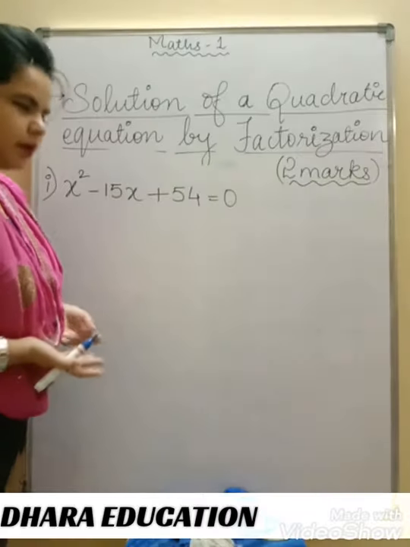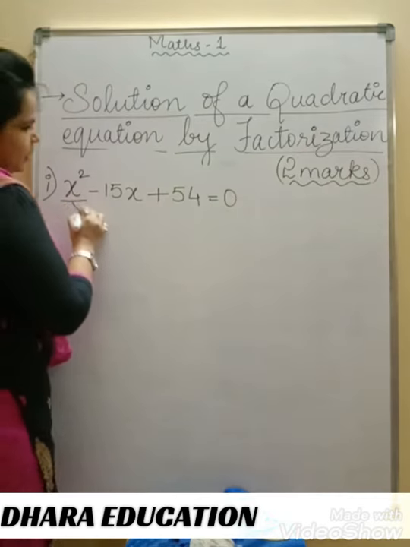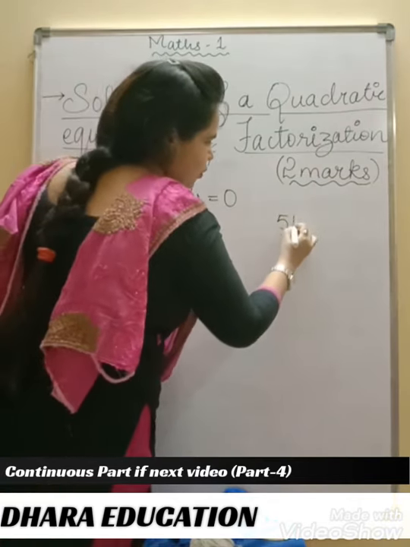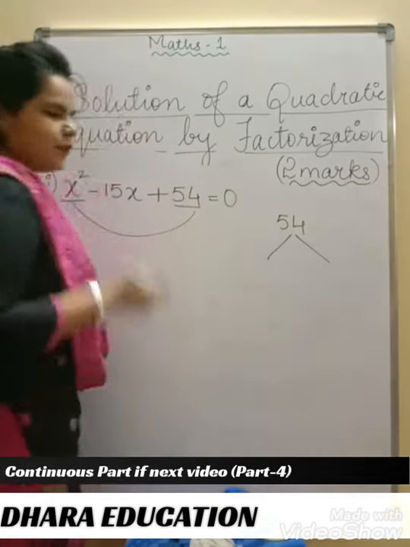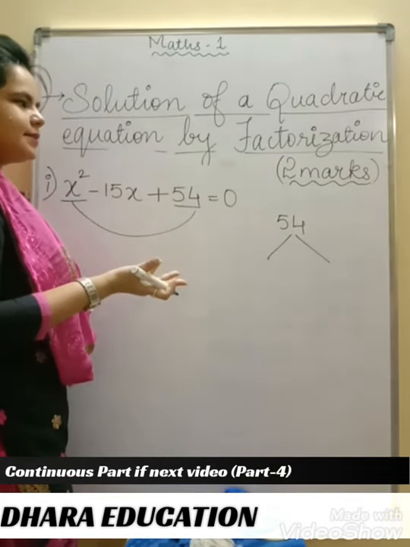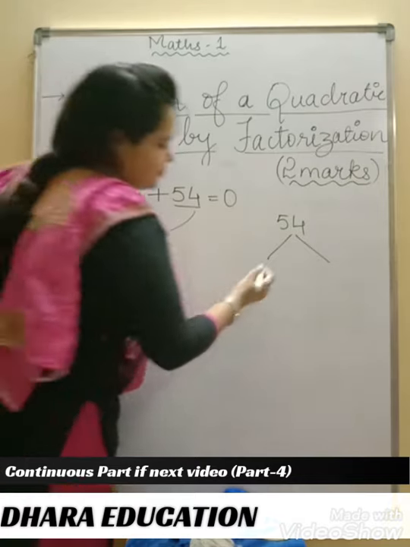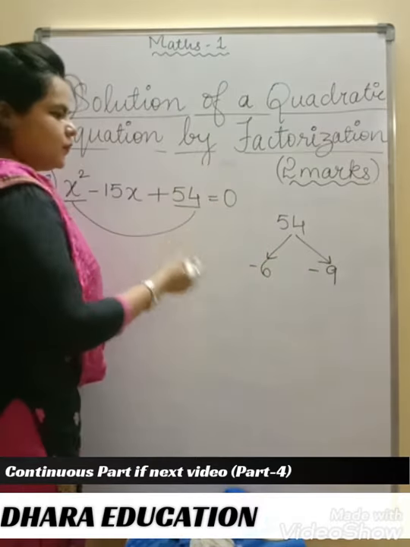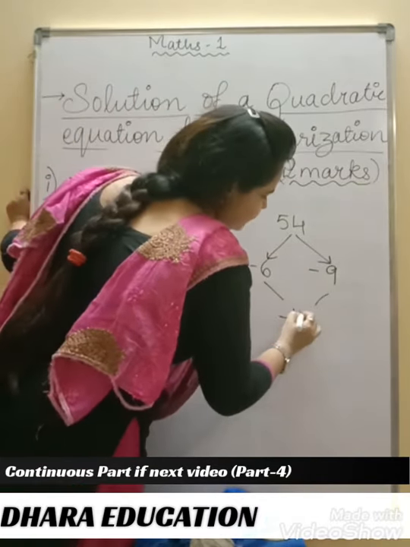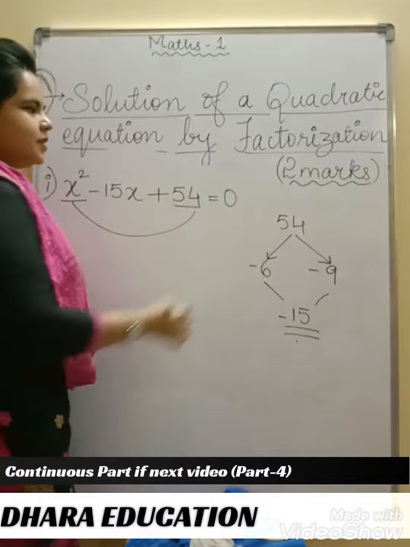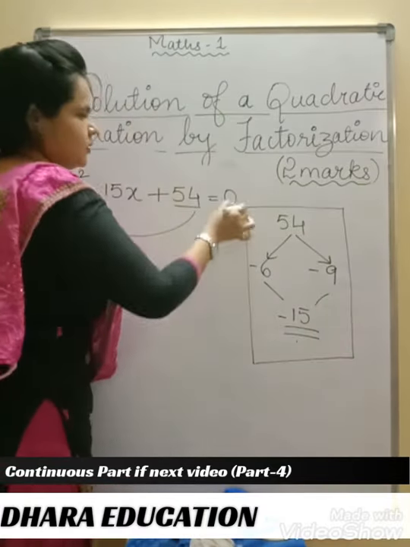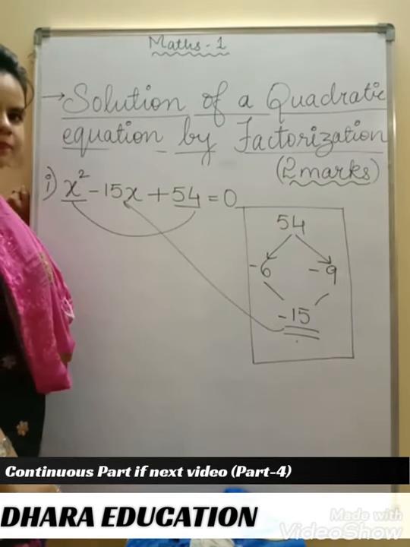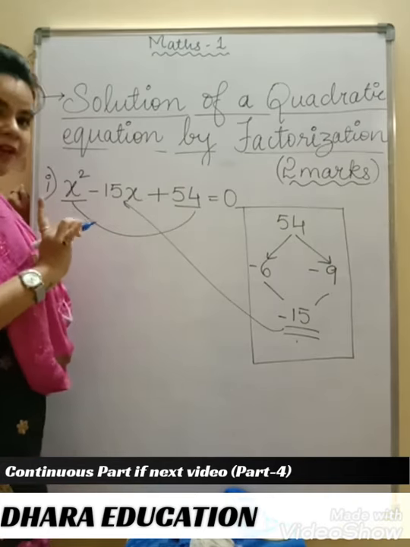I am explaining once more about this. The first term should be multiplied with the third term, okay? And 54, the factors of 54 are 9 and 6, or you can say 6 and 9. So minus 6 and minus 9 together will form what? Minus 15. This is the actual logic that should be equal to the middle term. Am I clear on this point to everybody?